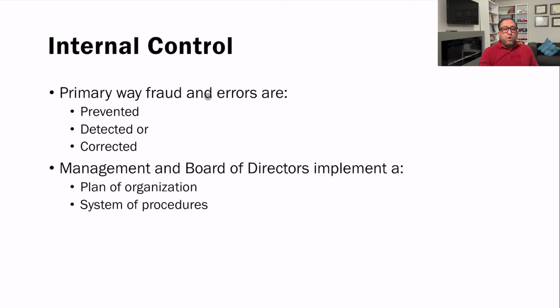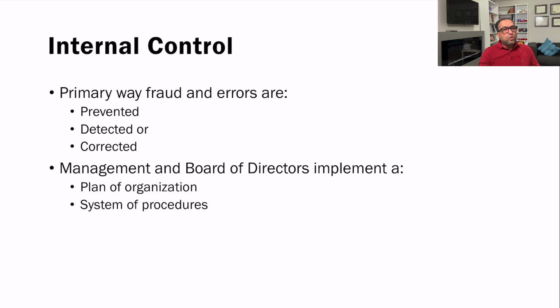The primary ways to deal with fraud and errors: number one is to prevent it. Develop a system in such a way that the opportunity for doing fraud is eliminated as much as possible. Then detect it. If it is not prevented, because these evil minds are developing newer and newer ways to cheat others, then it should be detected very quickly after the incident of that fraud. It should be identified or detected very quickly.